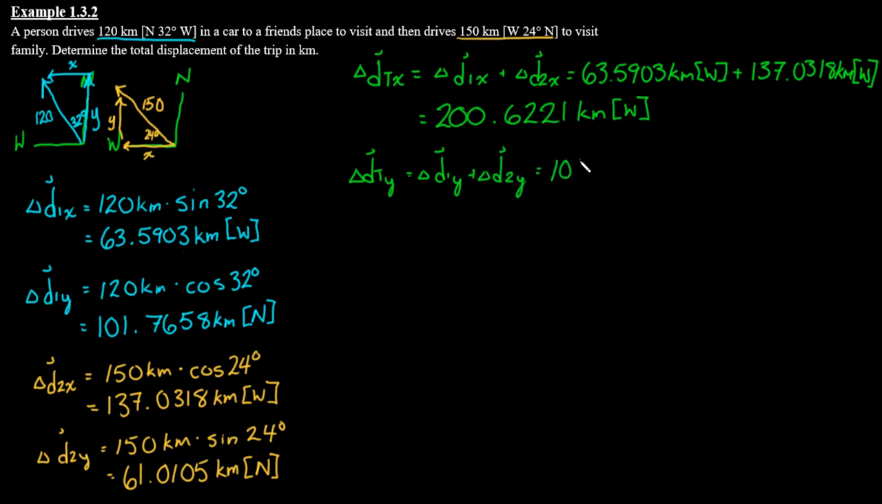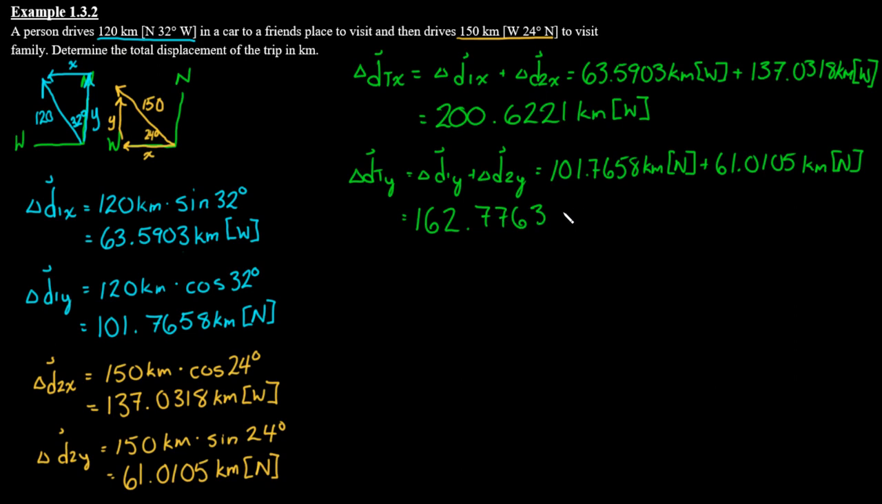So d1 was 101.7658 kilometers north plus 61.0105 kilometers north. Okay. When we add all this together, I get 162.7763 kilometers north. Okay? Now, recall, once you've broken down the vectors and got the total x and y components, now